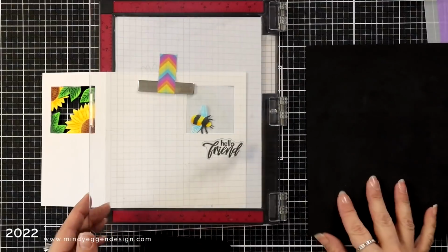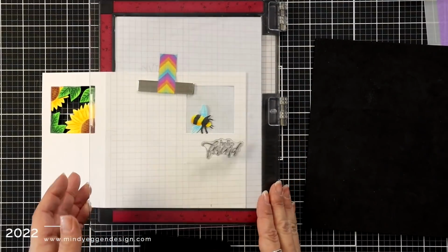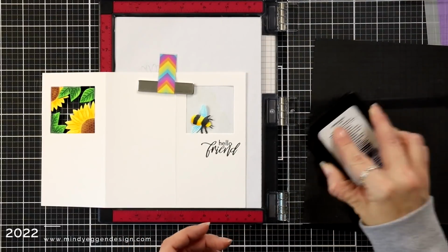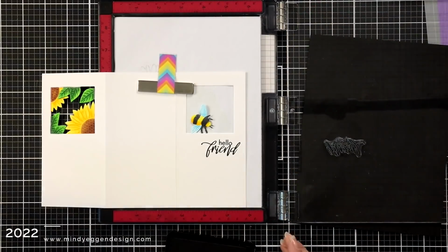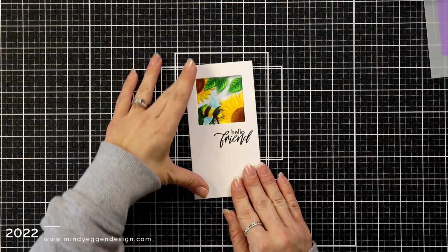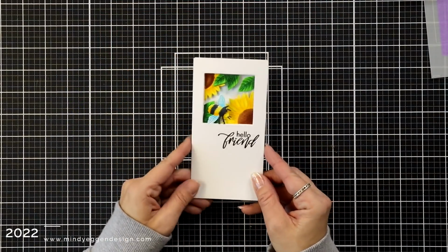I don't want to transfer any ink to this. Then I inked it up with the Intens-ified black ink, and I did stamp it twice to make sure I just had a really nice black impression. So that finishes off the first card, and I think these are so cute and really fun and easy to